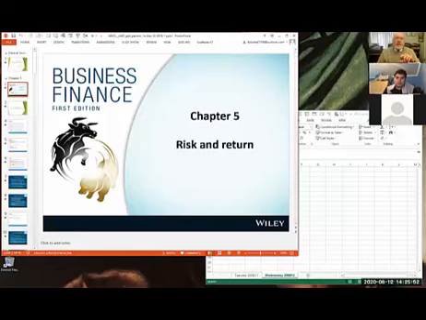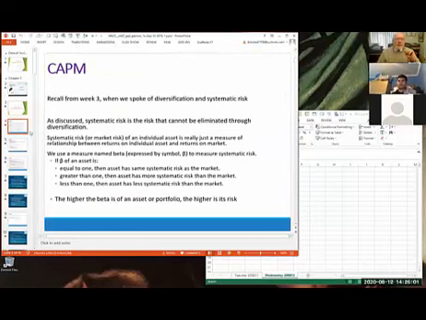And then after you've mastered the maths, you can come back to the concepts and say, is this really doing what I think it's going to be doing? Okay, let's jump in and play with this now. Capital asset pricing model. I hope you guys have already read about this in the chapter. That's probably about the best way.